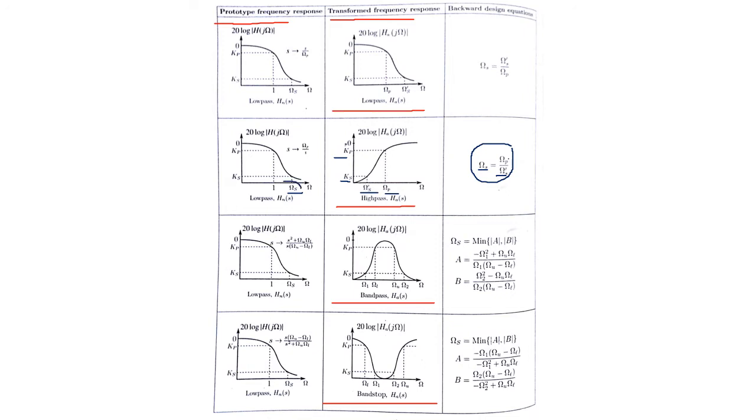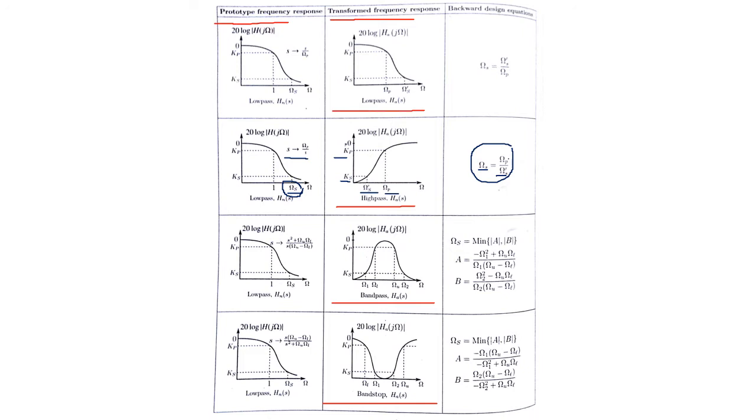Once we get the omega s, we try to find the transfer function of this normalized low pass filter, where cutoff frequency is equal to 1. Once we calculate h of s or h of j omega, h of s, that is transfer function of normalized low pass filter, we are supposed to replace all s by s equal to omega p by s. Then we will get the new transfer function, which is the transfer function of desired filter, that is high pass filter.